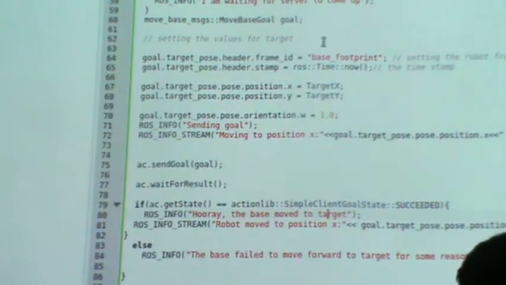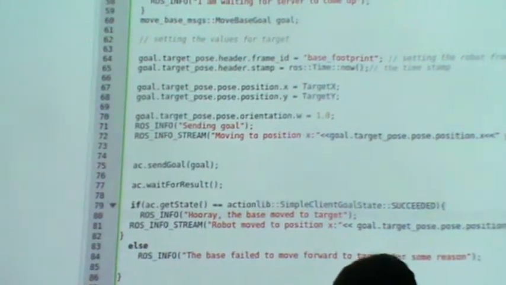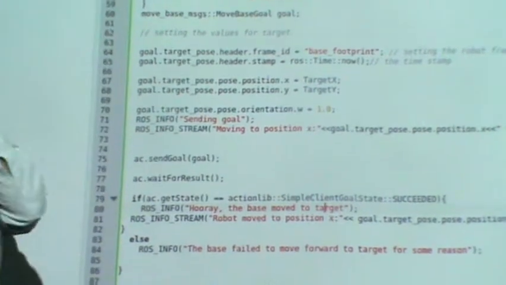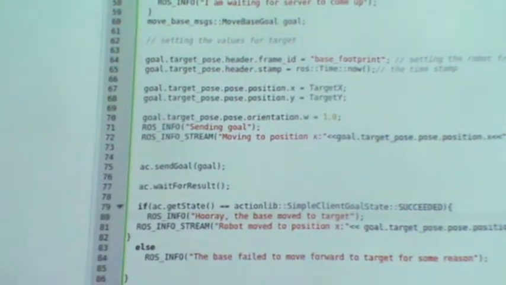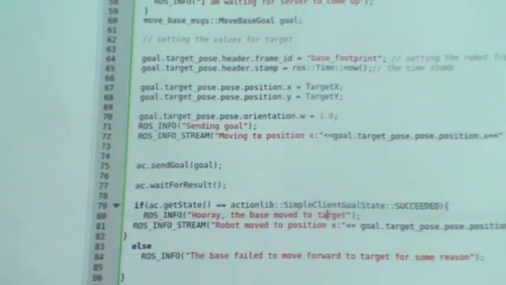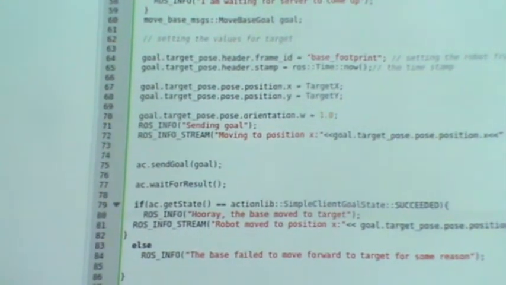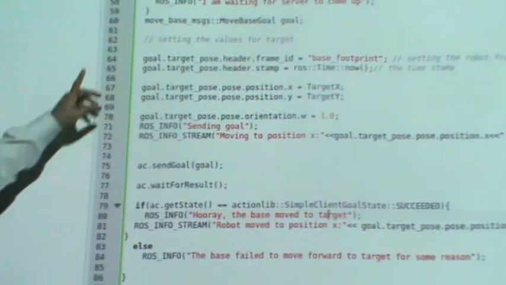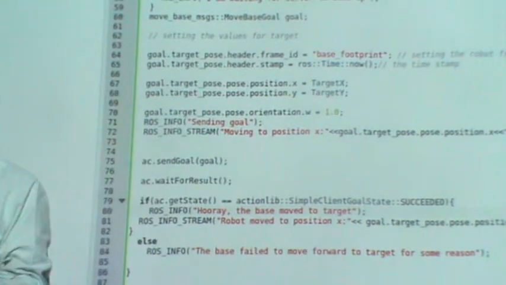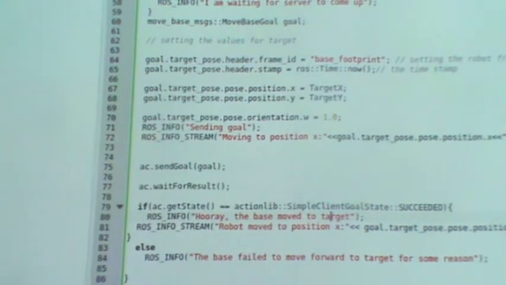You understand the code? The last part is just for printing and getting the result. So initially, just declare a client for the service name move_base in the server, and then wait for the server to respond. If it has a topic, it will respond. If it doesn't have a topic, it will not respond, and you will have a timeout. Else, if you get something, you declare one message in which you define the target. In target, you can specify X, Y, Z, whatever.